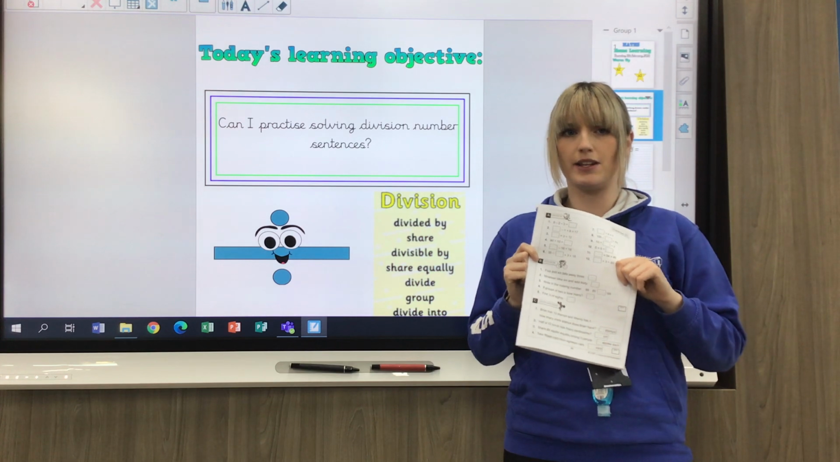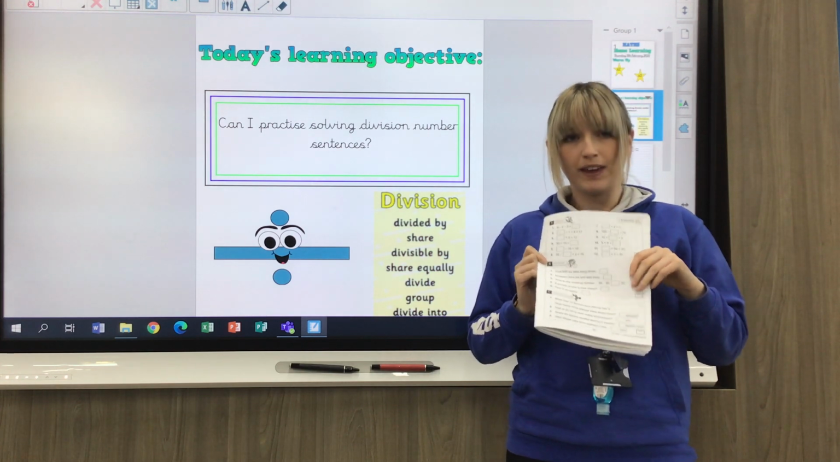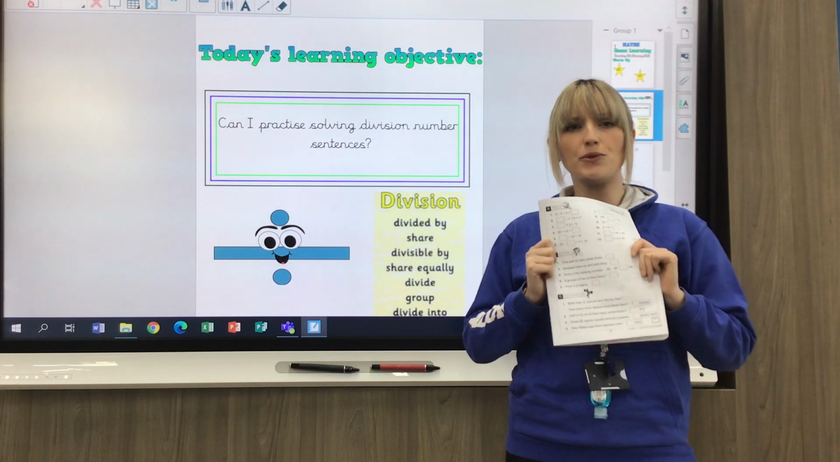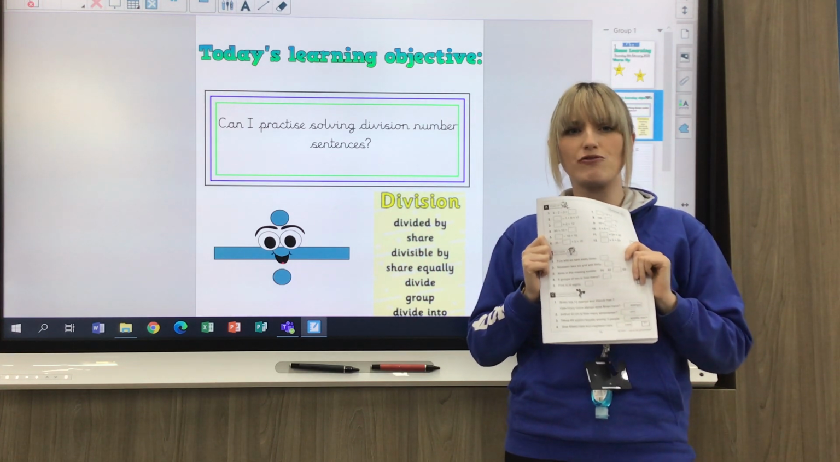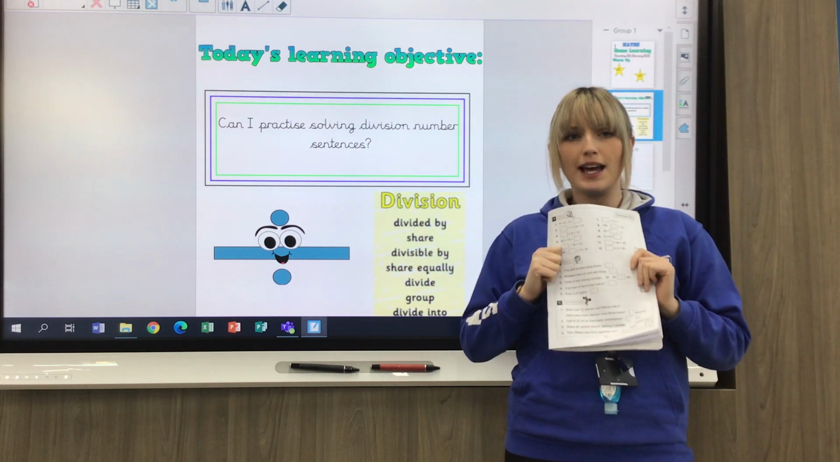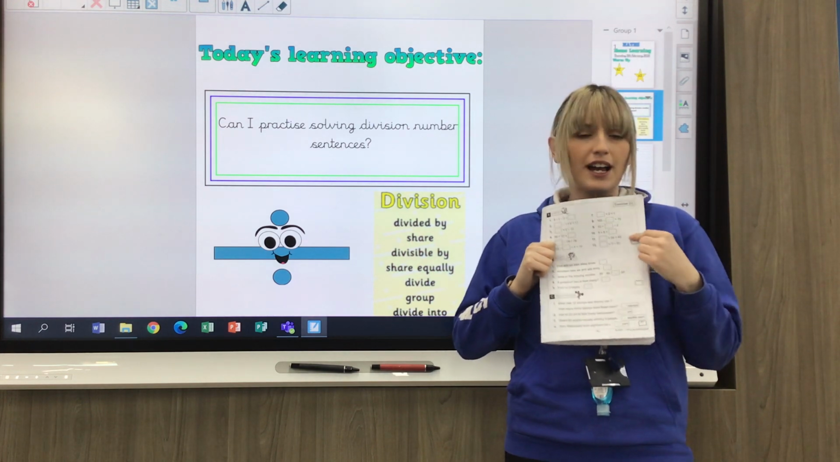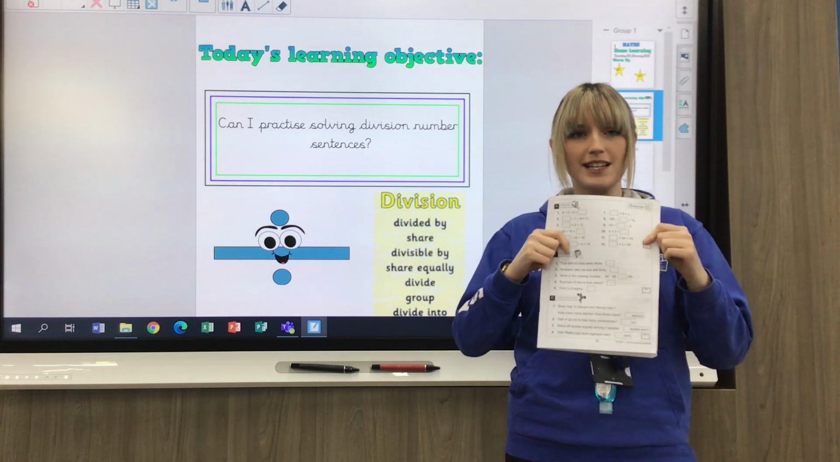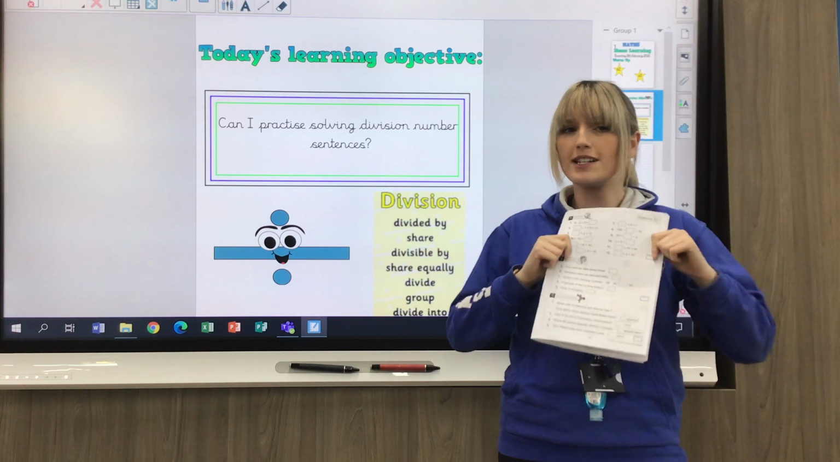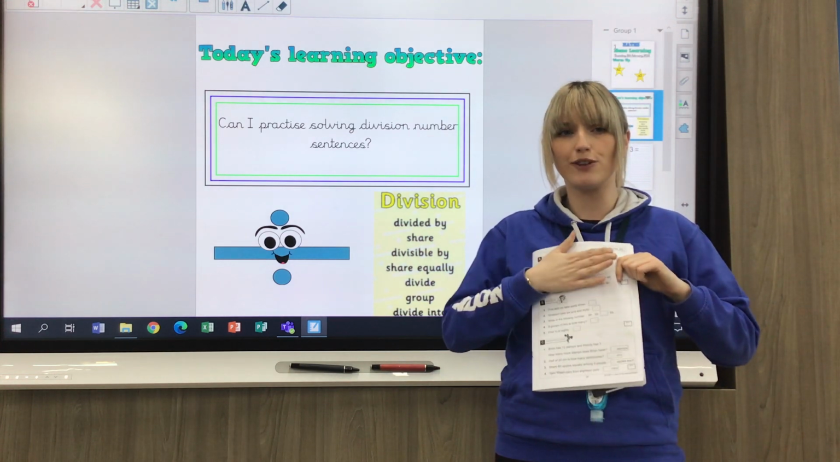struggle a little bit. So what I'm going to say is have a little look at section A. Any questions you know how to work out and you find really easy, do them for me. Don't worry about doing all of them and don't worry about completing section A. Just do the questions you know and find easy, because today we're going to do something a little bit different